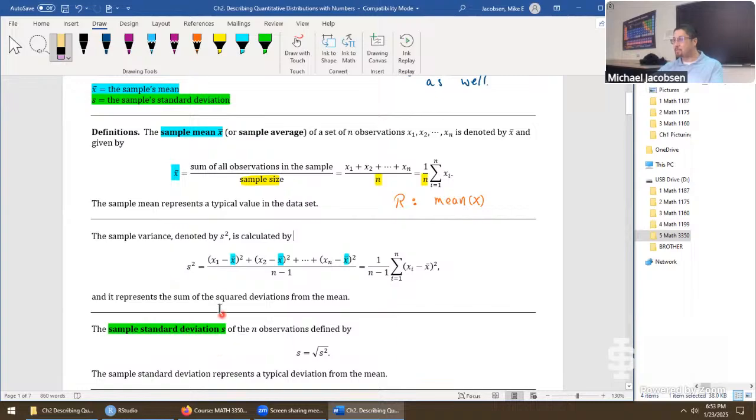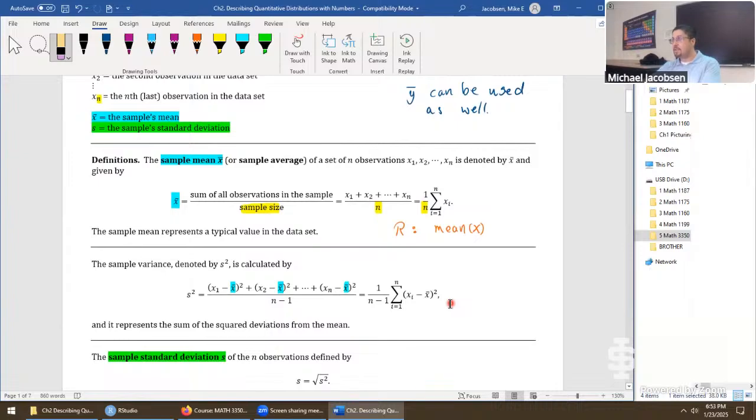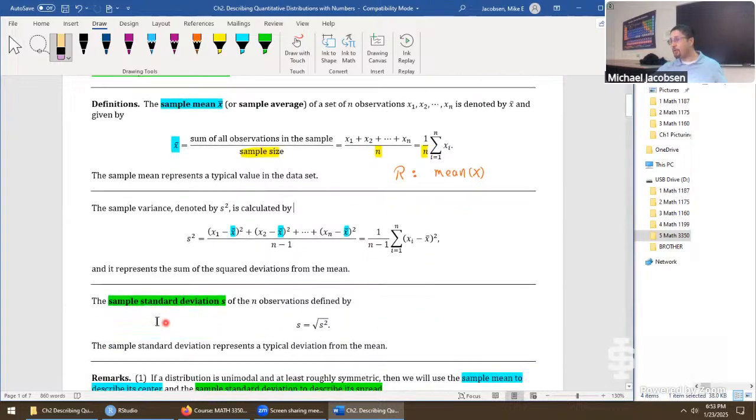The weird thing about this is we don't actually typically use the variance in this course. The trouble with the variance is if our data has unit of, say, inches, the sample mean will be in inches, but the variance is in inches squared. It doesn't do a great job of describing the spread in the sense that it's a tremendous unit mismatch in the first place. We correct that by going to the standard deviation.